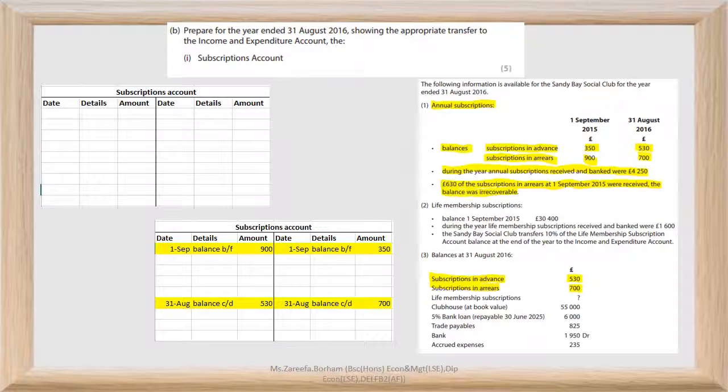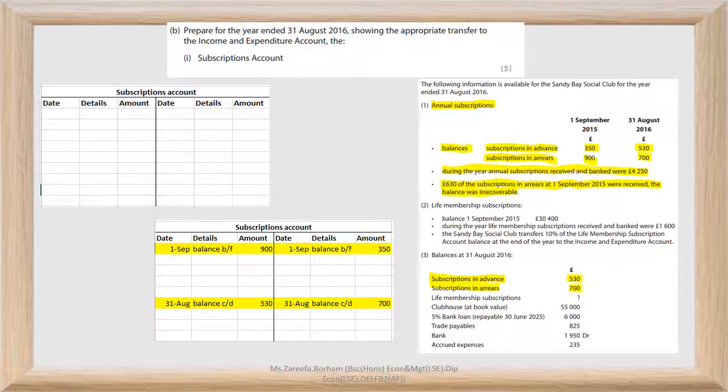Considering them, subscriptions in advance means we have received subscriptions for the next year also. Therefore, it is a liability. Liabilities have a credit balance brought forward and debit balance carried down. Therefore, 350 of subscriptions in advance will be on the credit side and 530 will be on the debit side